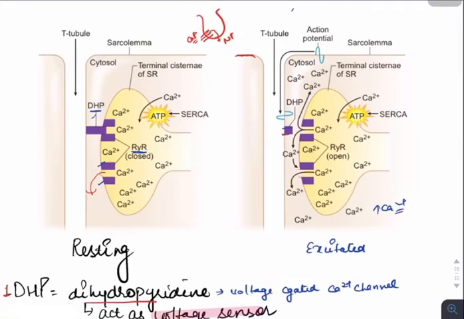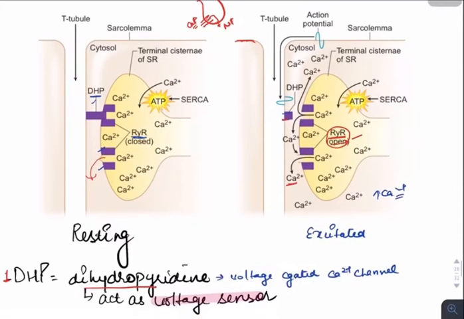It removes the block of the RYR receptors, causing a conformational change in the ryanodine receptors, so they open and calcium diffuses into the cytosol from the sarcoplasmic reticulum. Increased calcium in the cytosol opens more ryanodine receptors, so this is called calcium induced calcium release.